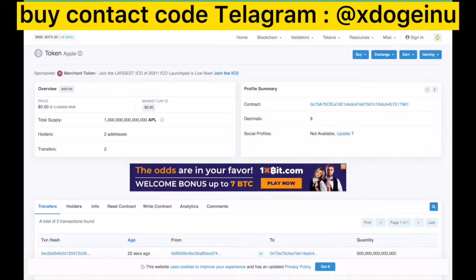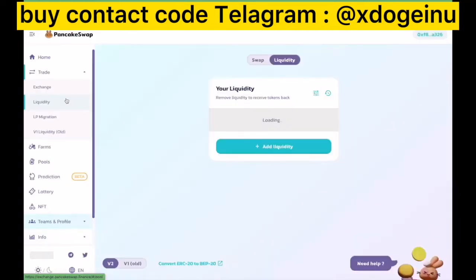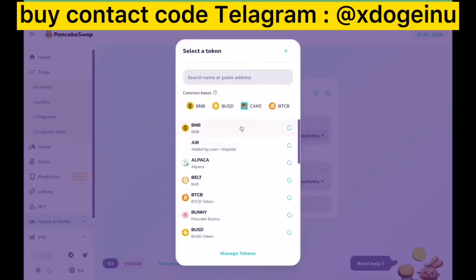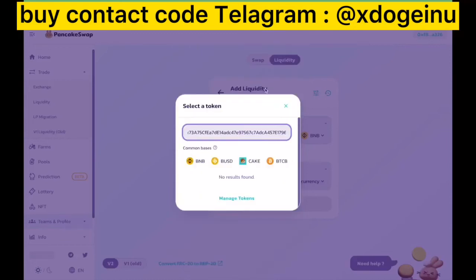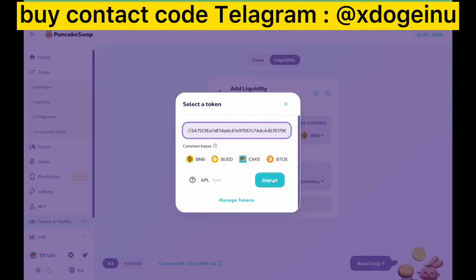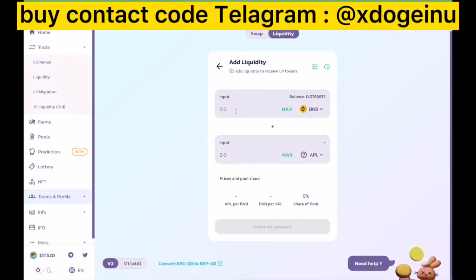So let's go to PancakeSwap and then go to trade and liquidity. I'll show you. Then let's press add liquidity. It's usually just BNB, and then paste the contract address again here. Let's wait for it to recognize it's a new contract, so it takes a while. So you can see Apple APL, import. I understand it, import. There we go. And I'm just going to put a small amount, 0.01. I'm just going to add 0.01 BNB, and let's put,